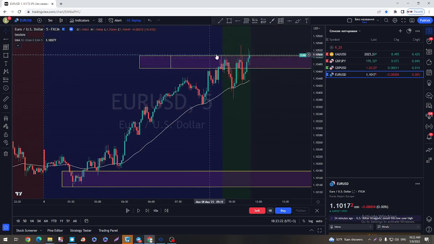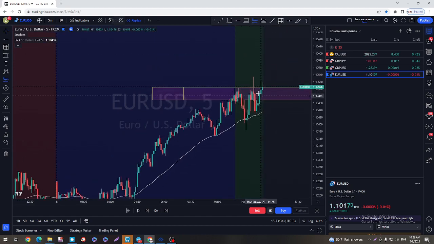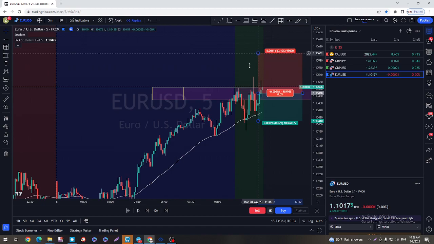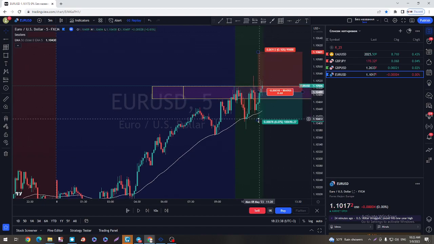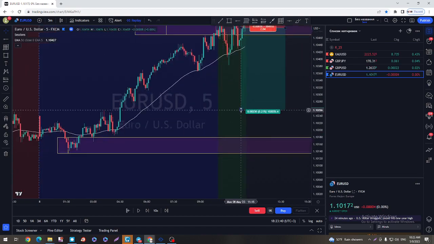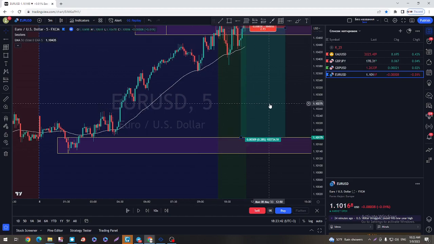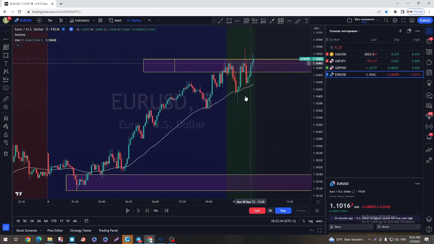Everybody knows above the Asia high and lows there is liquidity. So what happened? They took out some liquidity, they came back, then they went up. Usually what I'm doing here, I'm just taking the short stops above here, and then you can target wherever you want to target, to this place. But instead,